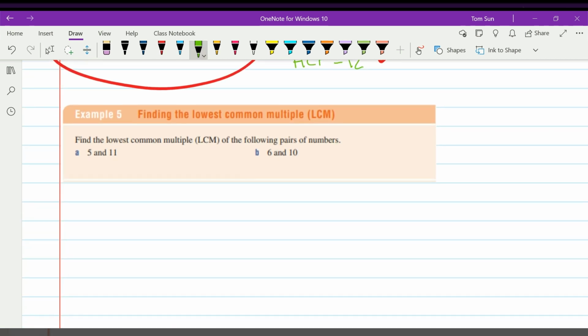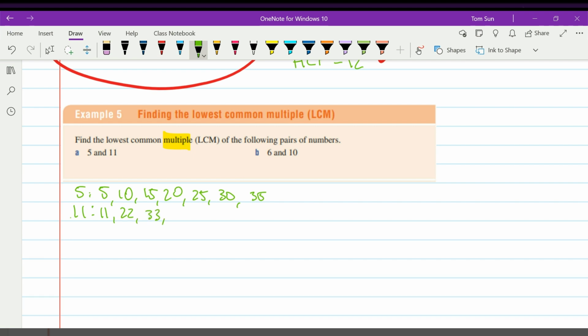There are two ways to find the lowest common multiple of two numbers. Once again, the key word at the very beginning is multiple. Remember, we found multiples in numbers, so let's see 5 and 11. The multiples of 5 are 5, 10, 15, 20. So this is how you would list out the multiples, by the way. You just keep going. Okay, and then you can go the same way with 11,